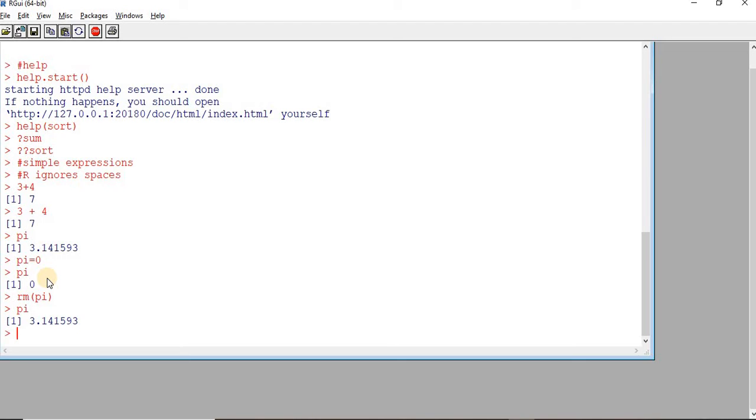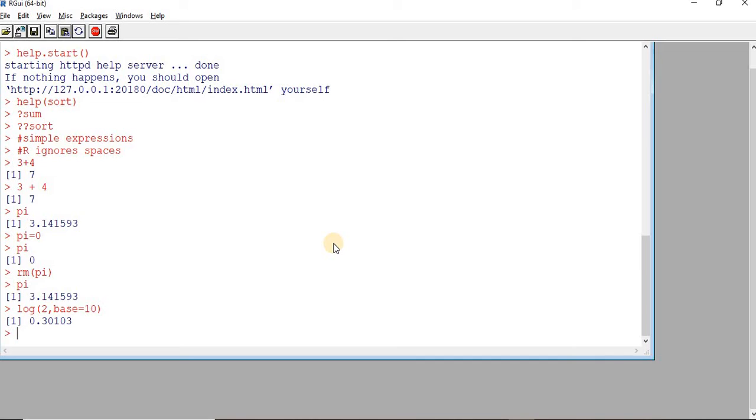Next are log functions. One example is log 2 to the base 10. This is one way of finding the value of log 2 to the base 10. Another way is log 2 comma 10. The second parameter denotes the base.